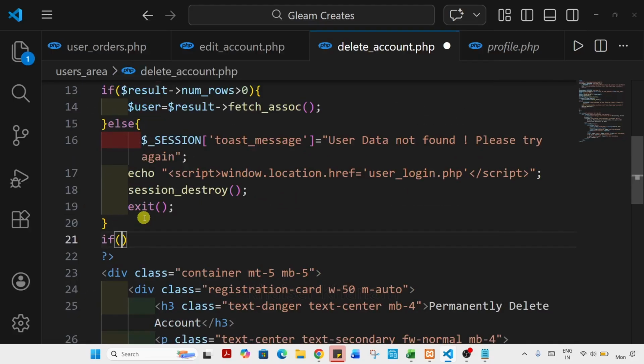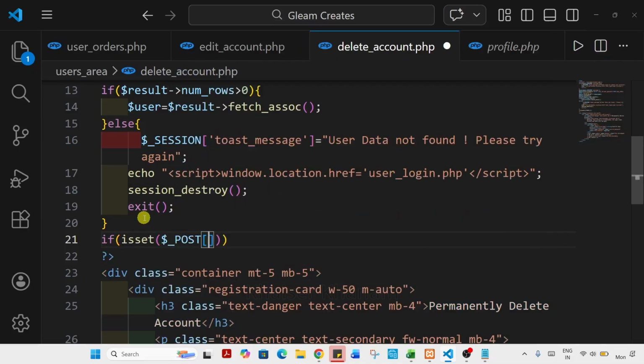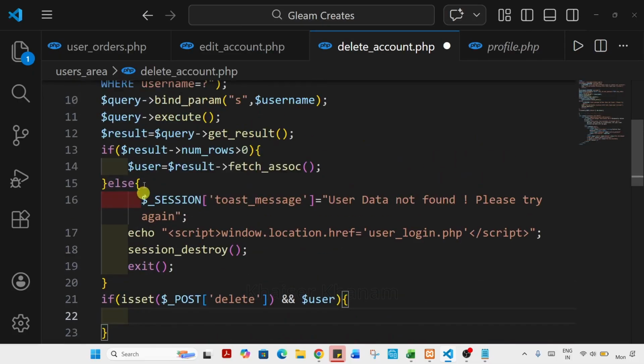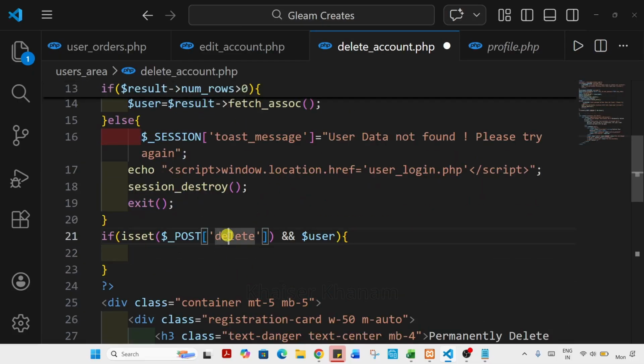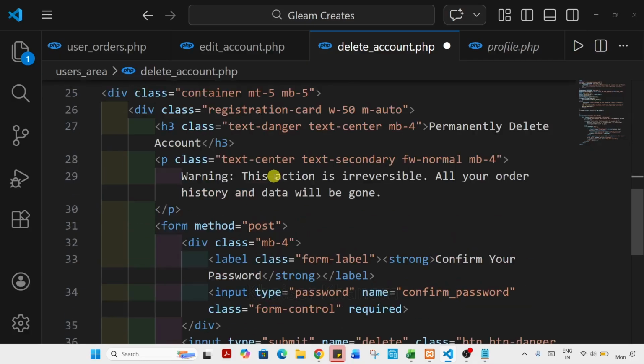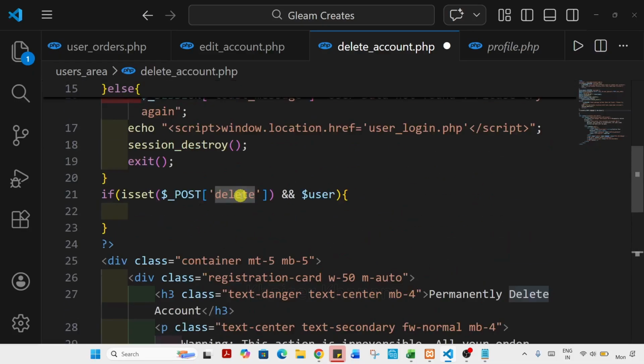Now below this, I will be writing if is set post method, and inside this I will be passing delete, and here I will be passing user. Why user? From here we are fetching complete information. If we have clicked on the delete button and if we are having user, only then the delete operation has to be performed. So inside this delete button, you can see we have already passed the name attribute, for which we are passing the value delete. So if this is set and if we are having the user, then what we will do,